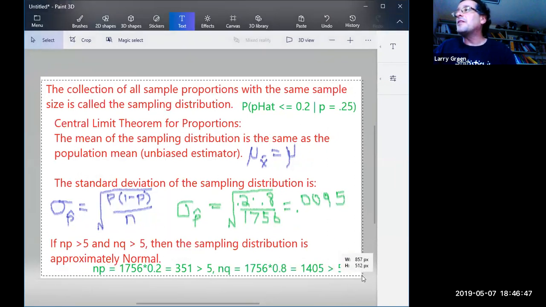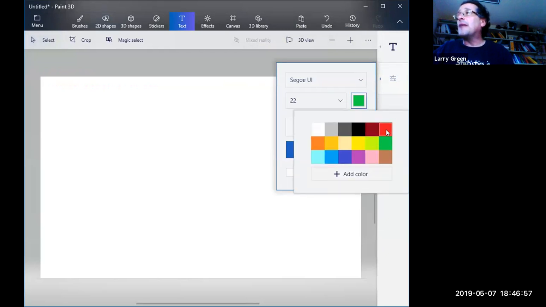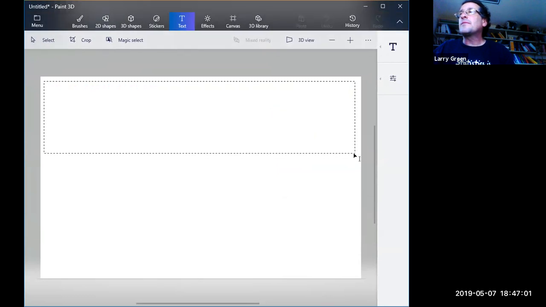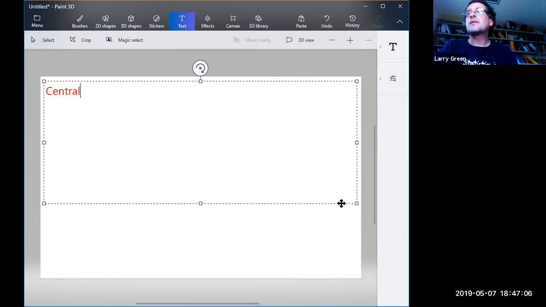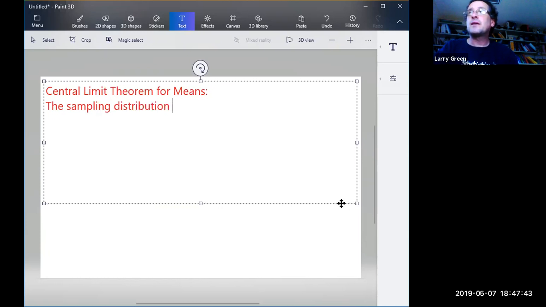So let me talk about the central limit theorem for means instead of proportions. I'm going to do this in red because it's that important. So central limit theorem for means. So that means you have quantitative data instead of the yes/no question. And what it says is it's the same idea about sampling distribution. We're going to think about all samples of, say, size 30 of stocks that are independent and randomly selected. Okay, so we're going to look at the sampling distribution of all possible samples of a fixed sample size,